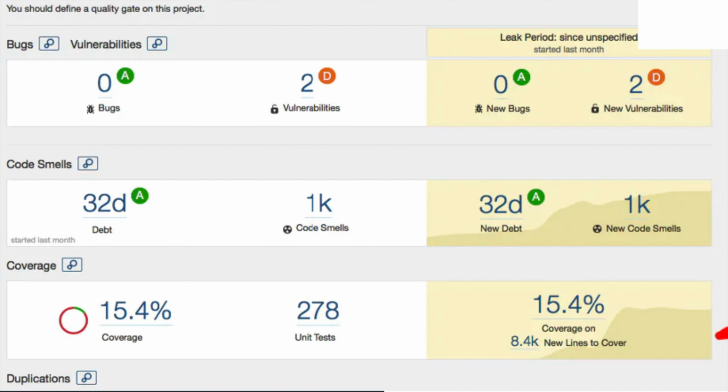An example of one such metric during the CI phase is a SonarQube metric. The bugs and vulnerability metrics ensure the code is free of bugs and vulnerabilities. Code smells ensure there are no deviations from coding standards. And coverage ensures the code is unit tested and covers all the branches of the code. This is a quality gate for the CI phase. There are other quality gates as we progress onto CD phases, which we'll explore in a different topic.